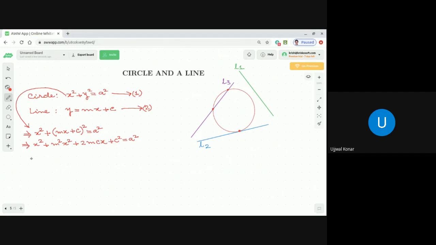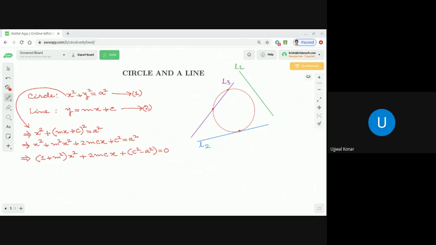So then what we are going to get? This implies (1 plus m square) into x square plus 2 into m into c into x plus c square minus a square is equal to 0. Correct, dear students? Now,